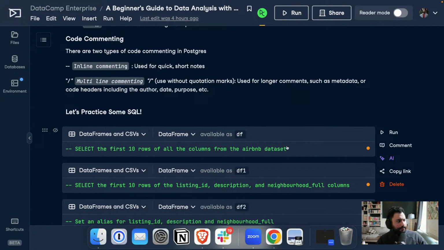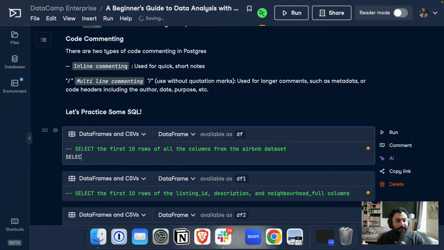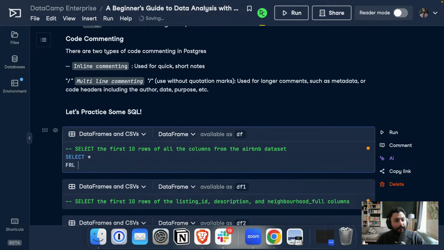So what we're going to do at the beginning is select the first 10 rows of all the columns from the Airbnb dataset. What I just want to see is the first 10 rows of the entire dataset. And to be able to do this, I'm going to do SELECT star. By saying SELECT star, what we're saying here is I want to select everything from,